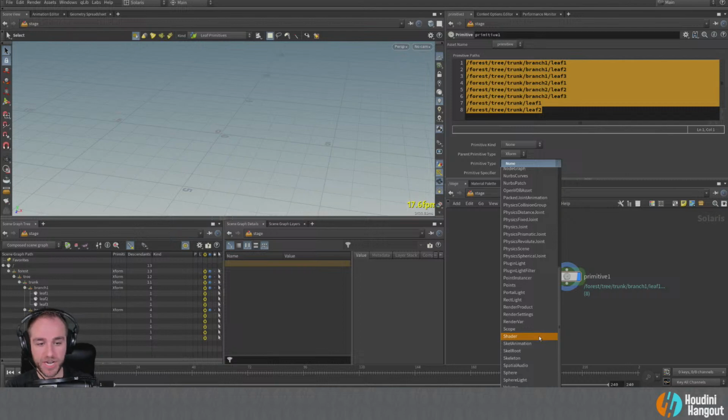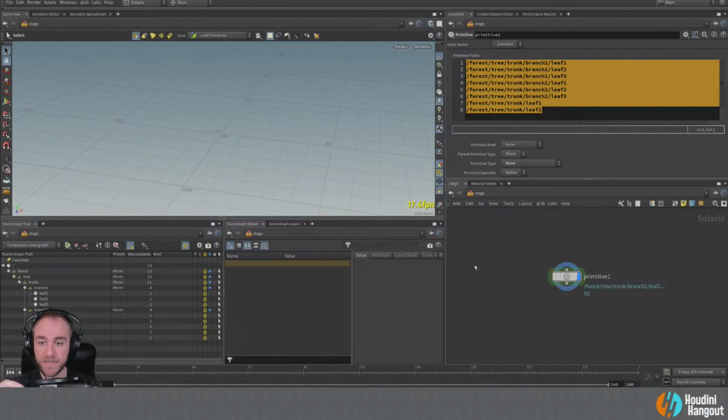You could have shaders. You could have all these different things as primitives. They all just kind of live in your scene graph tree as primitives. So it allows you to be able to call those render settings. You could have them even for separate renders if you wanted to, I guess, have some render settings set in there. So cool. So that's kind of just the primitive node.